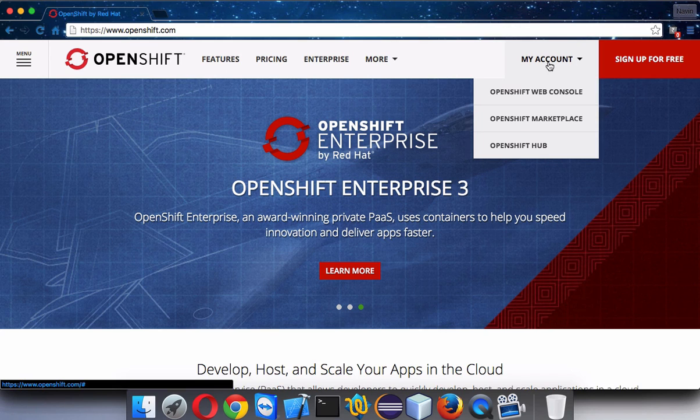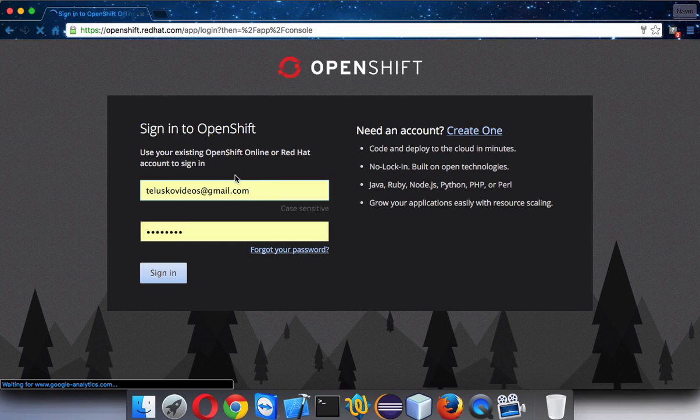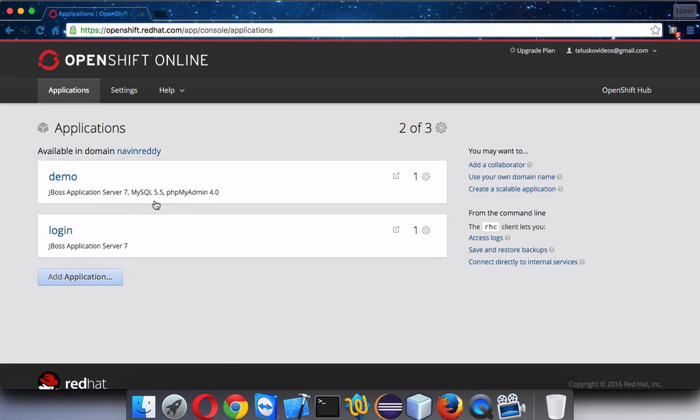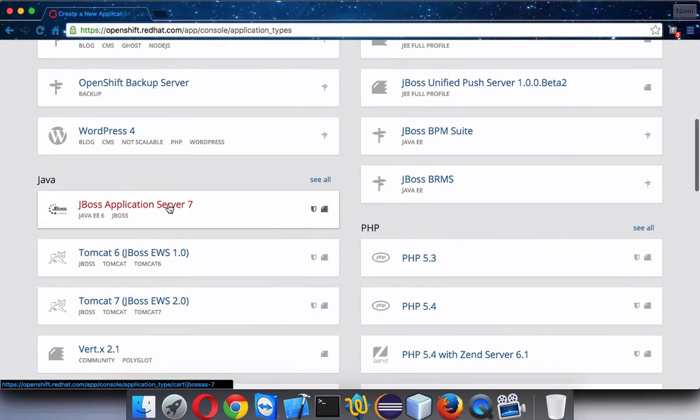So just go to my account, click on OpenShift Web Console, and if you have an account, just enter your details and click on sign in. Now once you got into the account, you have to say add application. Now when you click on add application, it will ask you for the server type, which is, in my case,